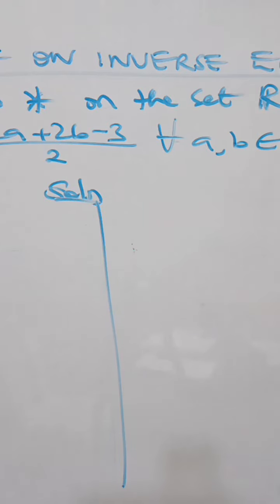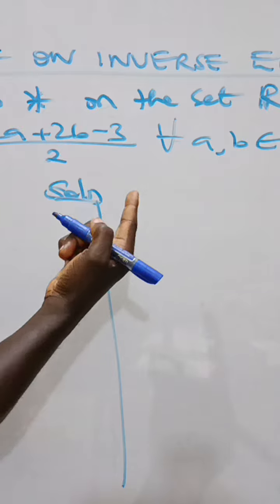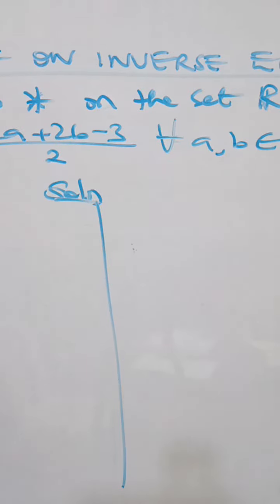Good day, viewers. Let's see a further example on inverse element. Like in this case now, an operation asterisk is defined as this. So for all a, b belonging to R, we have to find the inverse element. Of course, the first thing is that we first find the identity